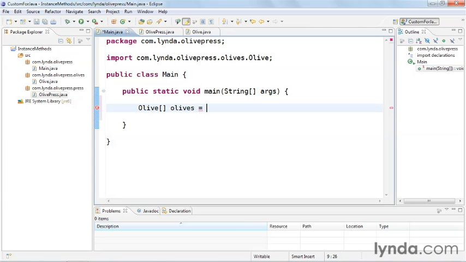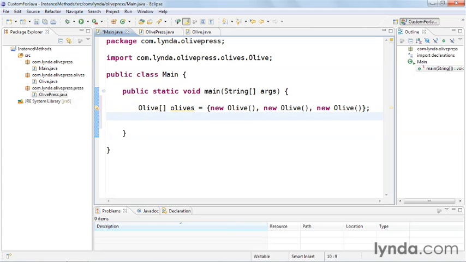And then I'll use the syntax to initialize the array with values. I'll start with a brace, and then new olive, comma, new olive, comma, and new olive. So I'm creating 3 anonymous objects. I'm not assigning variable names to them. I'm just creating them and passing them into the array, and then immediately assigning the entire array to the olives